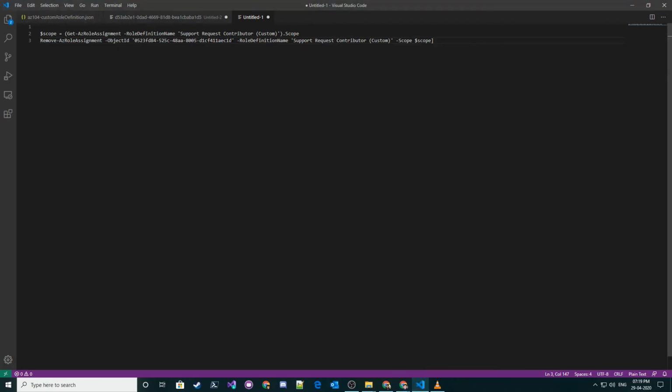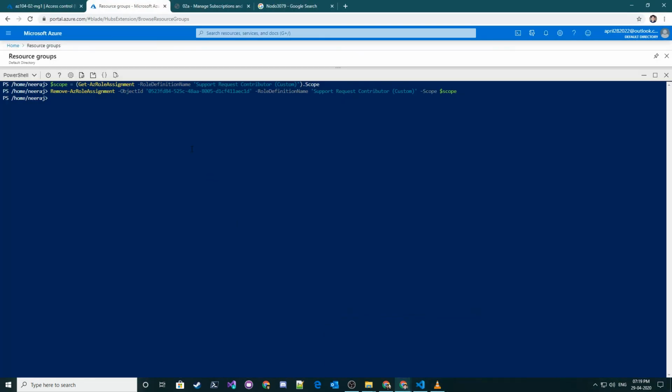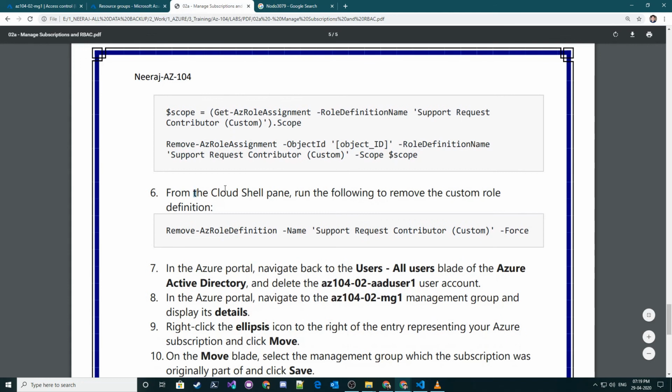So this is the object ID that I've copied, and in Cloud Shell we have to run this. This is going to basically remove the custom role from this user. Going back to the instructions, from Cloud Shell run the following to remove the custom role definition.